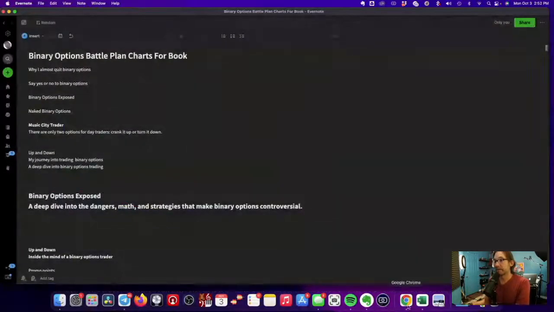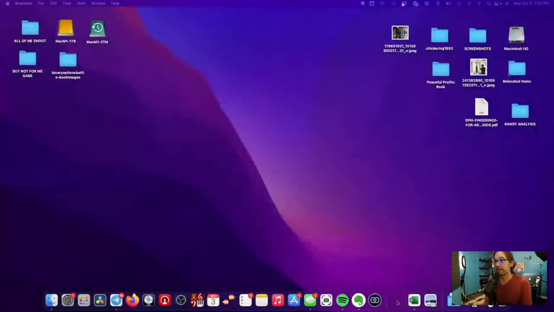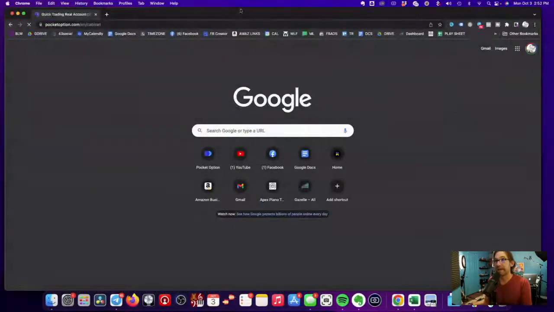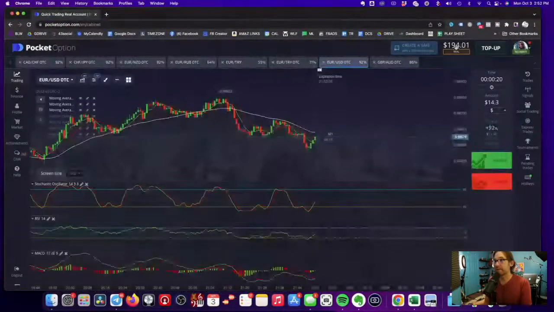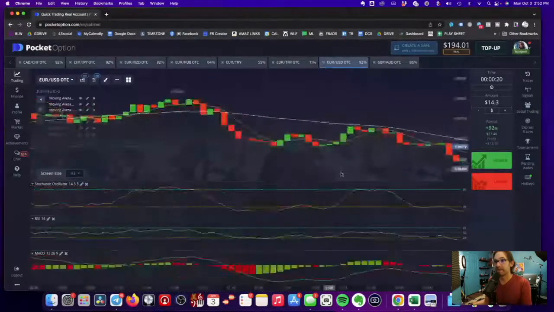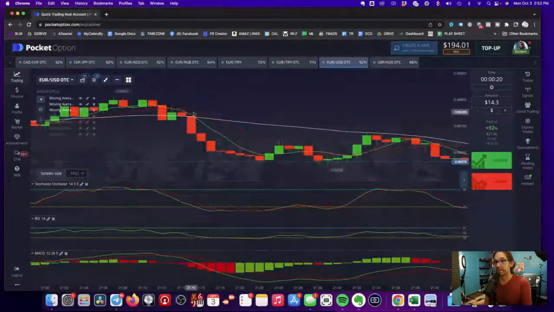Let's go ahead and look at pocket option itself, and let's see what happens in pocket option. Where if I can even get a browser open here. Okay, pocket option. And today I increased my account by 10% from like 175 to 195 doing just this method. And you can see like right here in pocket option,